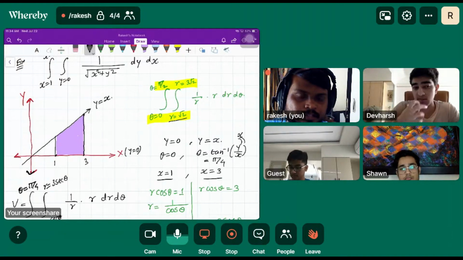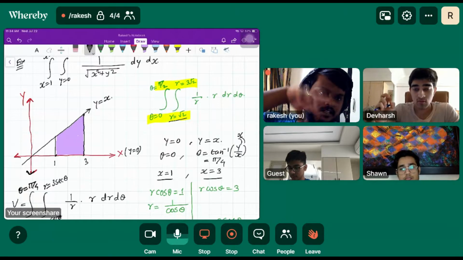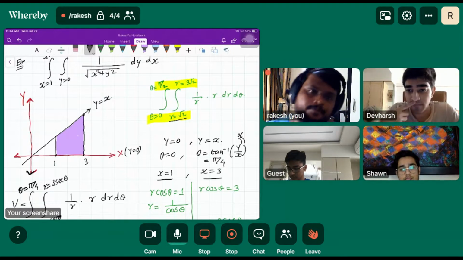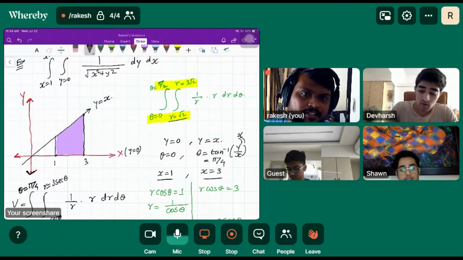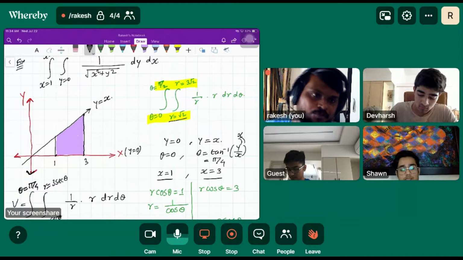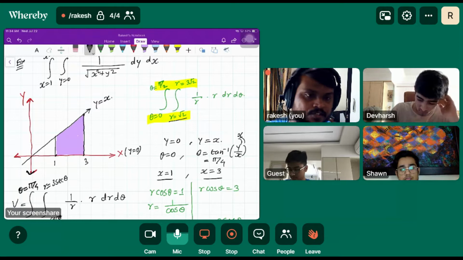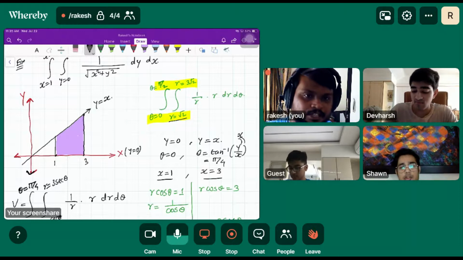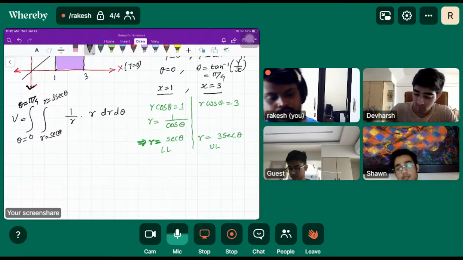Okay, so x is equal to 1 and x is equal to 3, you considered them as part of a circle, like an arc. Yeah, that's a mistake I made. The biggest mistake was basically for theta. It's very clear that if you have y is equal to x, it is supposed to be 0 to pi by 4. What about you, Sean? Did you realize your mistake? I thought it was in the first quadrant, so I thought it'd be pi by whatever. Very dumb. Always draw the region properly.